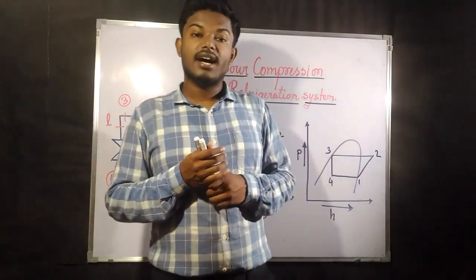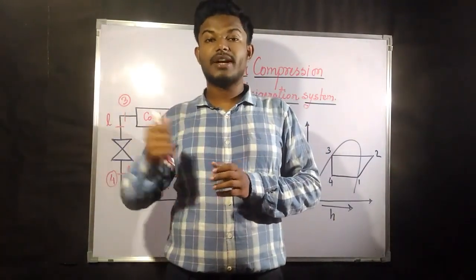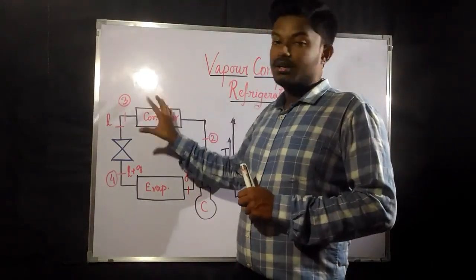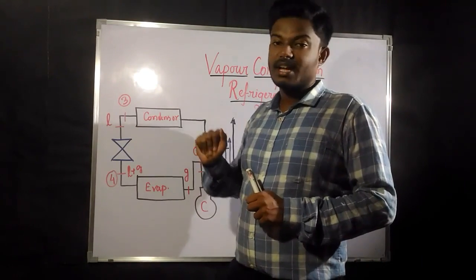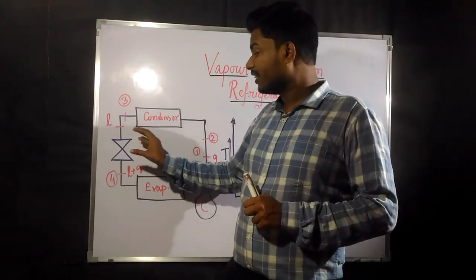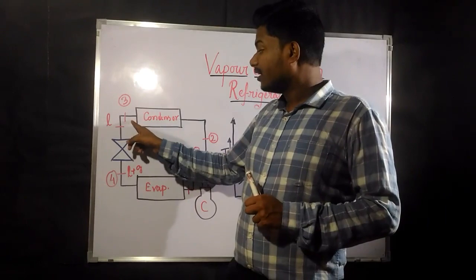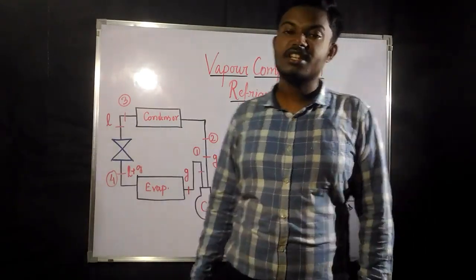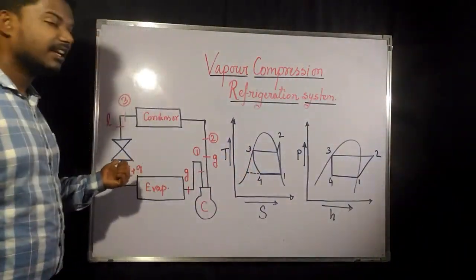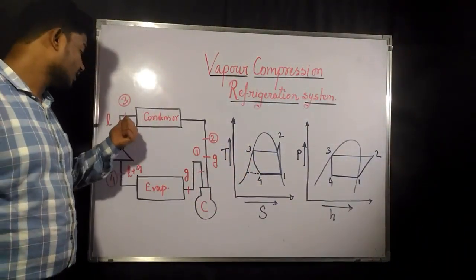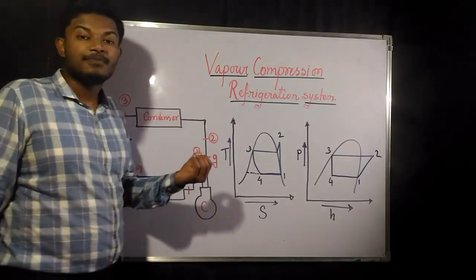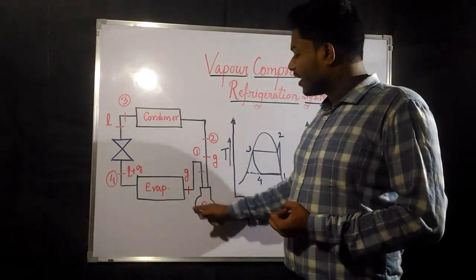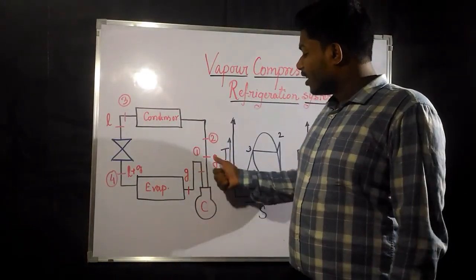The other difference from the Brayton cycle and Carnot cycle is that in both those cases, the expanding device, the device which was expanding the substance coming out from the condenser, was a turbine. Now in the vapor compression refrigeration system, this is going to be a throttling device. So we are replacing the turbine with a throttling device, and the other parts are the same.